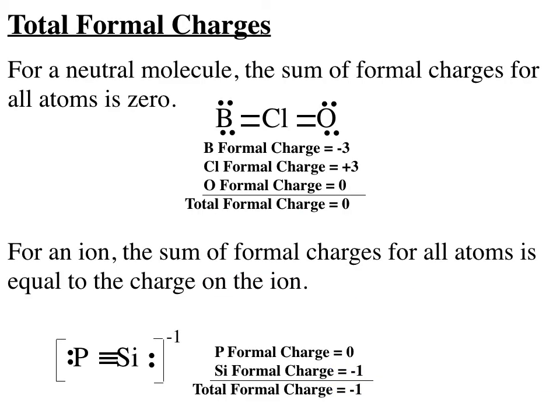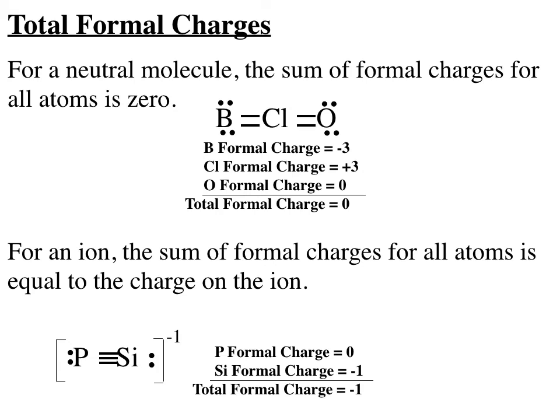One more time, let's review that idea about the sum of formal charges. Remember, it should equal the total charge on the molecule. So if, as I would plan to do on the test, I give you a Lewis dot structure with all electrons included, you can determine the formal charge based on the picture you see in front of you, using the rules. If you see the B double bonded to Cl, double bonded to O, as I show,